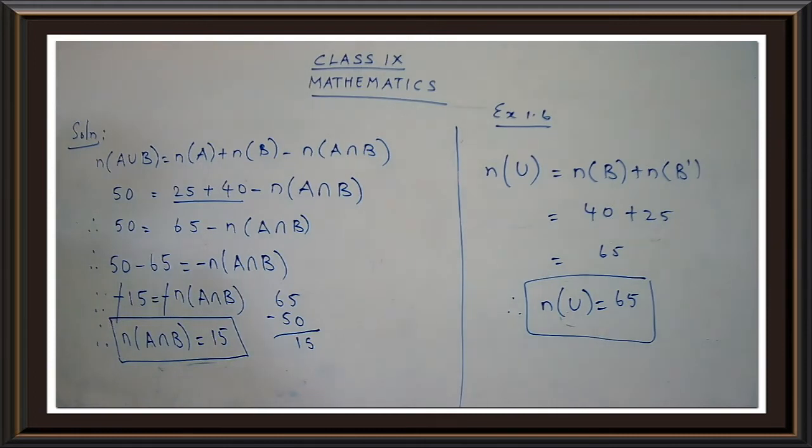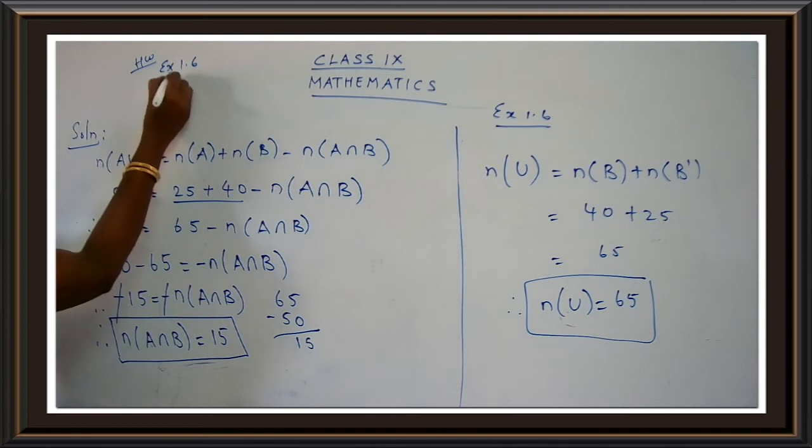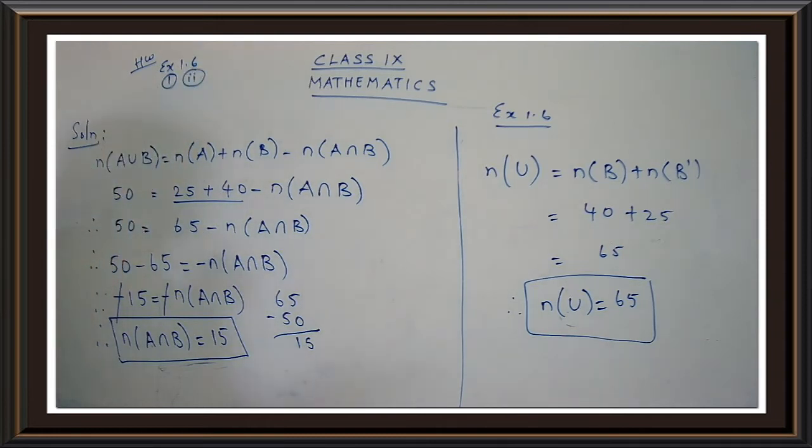Okay, now just take down the homework over here. The homework is from exercise 1.6, question number 1, the second subpart. I have completed the first subpart, yes, children? You are going to complete the second subpart, and also you are going to complete sum number 2. I will be giving you an idea how to follow your sum number 2. So just mark the homework questions. From question number 1, the second subpart is your homework, and question number 2 will be your homework. Okay. I hope you are ready with the answers. Shall we proceed, children?